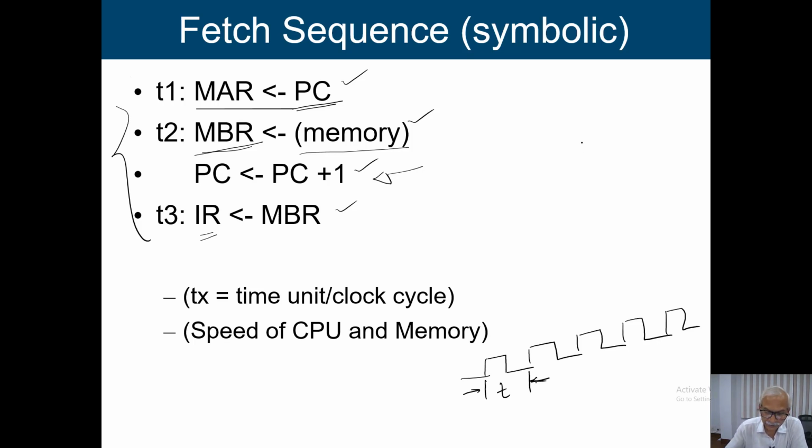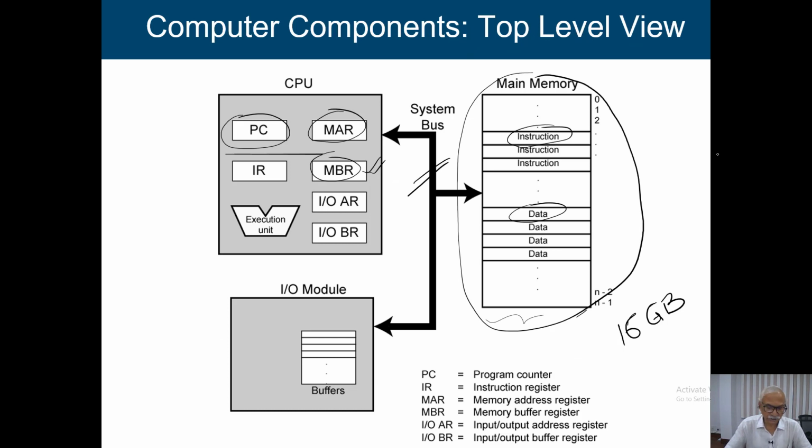So if this time period is T, then I know that the frequency will be 1/T. This is the frequency of our clock. Generally you say that your processor works at, say, 3.2 gigahertz. That means this frequency is 3.2 gigahertz, and accordingly we are going to have this particular time. When you say your processor works at 3.2 gigahertz, it says that the processor is constructed with a technology that can be built to work at 3.2 gigahertz.